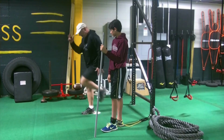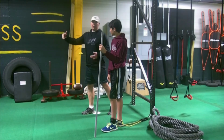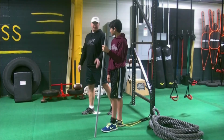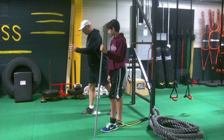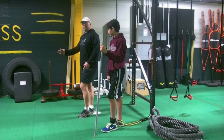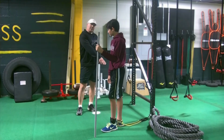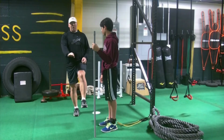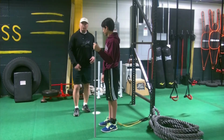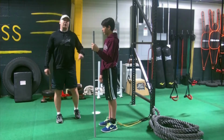So everyone works the drive phase, which is going to get you stride length while your other knee comes up. It's working on mechanics. We went over that in an earlier video. But now we're going to work on the speed of getting your opposite leg up and over as fast as possible. Now we're going to work this for speed, not strength. So you see when we work the band here, it's just going to be a light resistance band. We're not going to work it for a lot of strength, so he's going to be shaking too much. You just want to get a little bit of resistance out of this to work it for speed, for your fast twitch